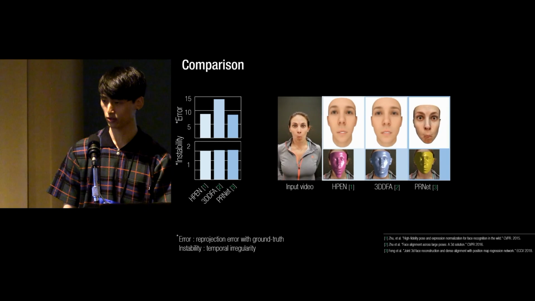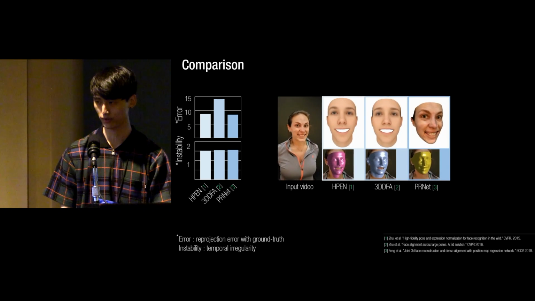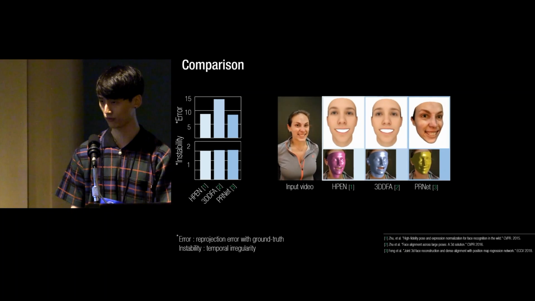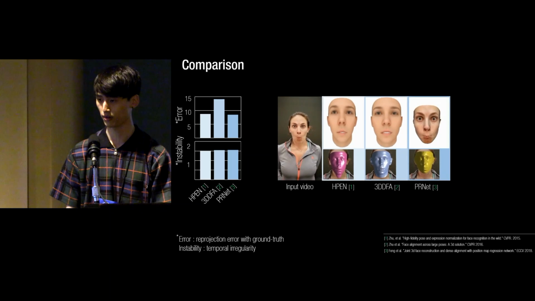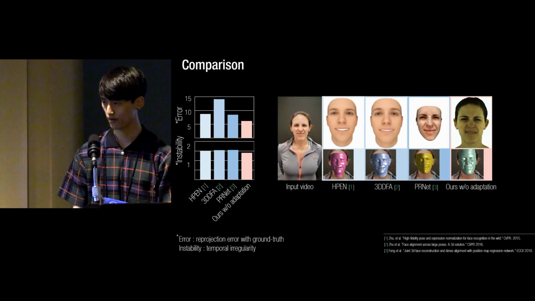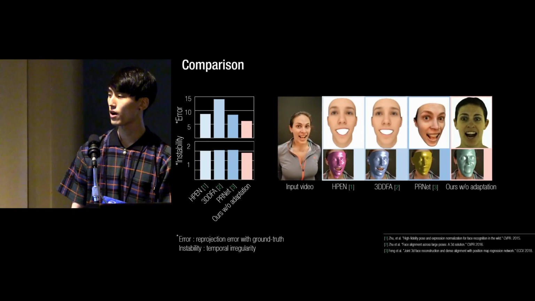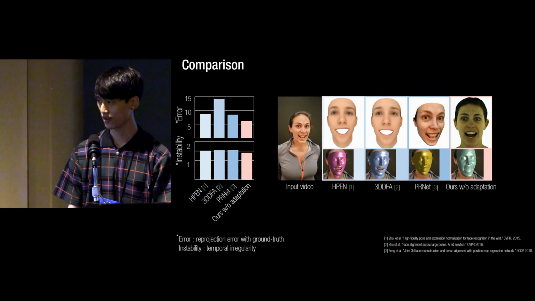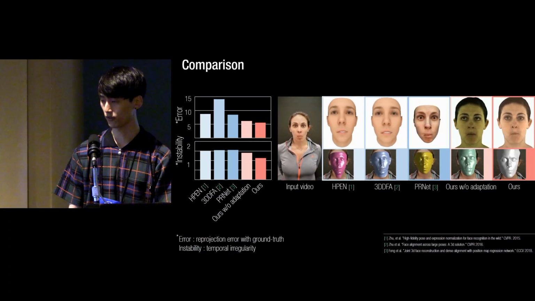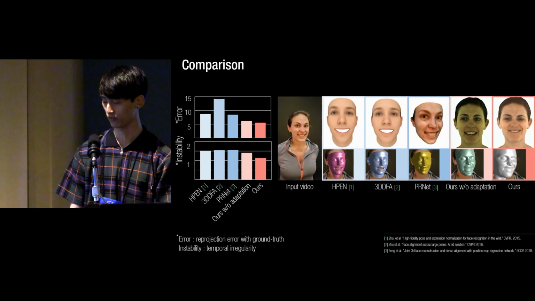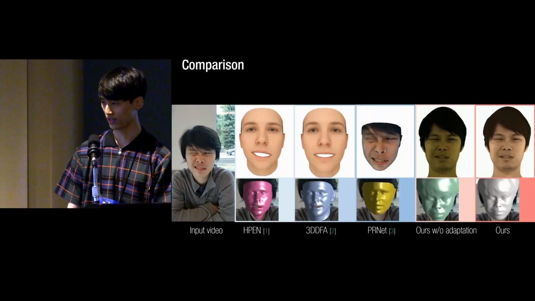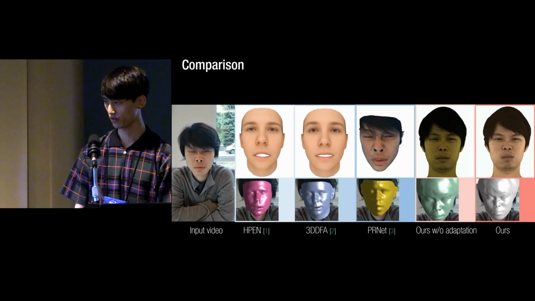We compare our method with 3 baselines, which are using the key point and vertex coordinate projection and texture regression map. And we measure the performance based on the reprojection error and temporal instability. Even without the adaptation method, our method shows better results than the other baselines. And our adaptation method further enforces the stability of the facial performance tracking. And due to the nature of our high-fidelity 3D face model, our method looks much more photorealistic than the other baselines.